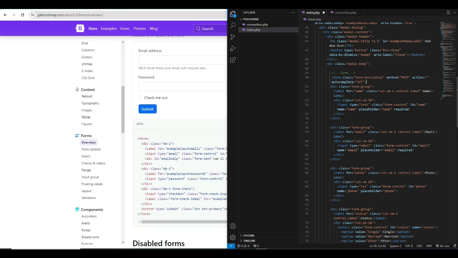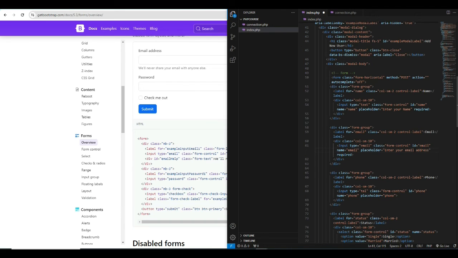Placeholder, you can even put here enter your name like this, so you know it's the placeholder. Email, the same thing. We can say enter your email address, and here we can say also email